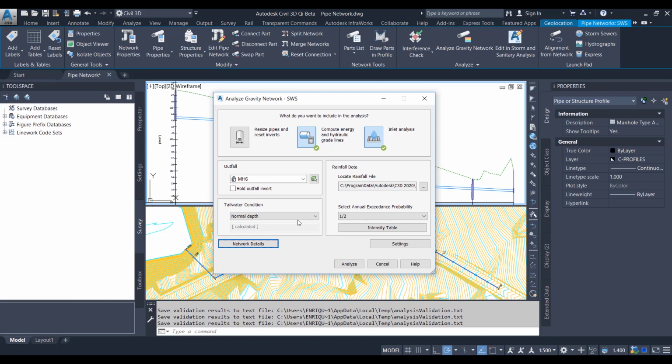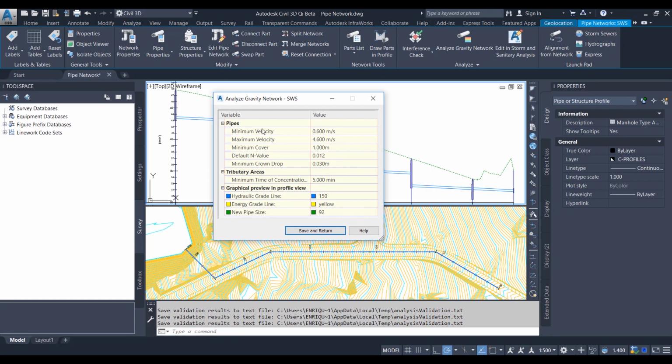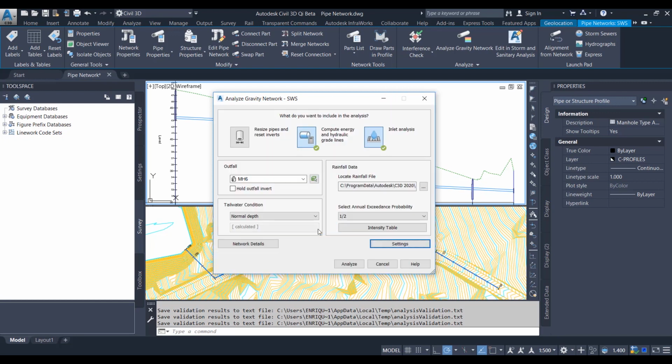Let's go back to the main dialog, and let's have a look at settings. If you have a look at settings, we can specify a minimum and a maximum velocity that we may consider acceptable. And that will have to do with the results. We will get the velocity highlighted in a red color if it's not within those margins. We can specify all the default values and also the colors for the hydraulic grade line and the energy grade line that we can superimpose to the profile, as we will see later on. Okay, so with those settings,